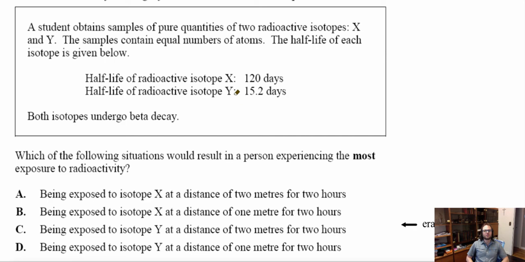So now let's look at C. It's looking at isotope Y. Its half-life is lower, which means we're going to be experiencing more radioactivity. But we are 2 meters away. So I'm going to say C is no as well because we are too far away. So far these are all no. Now my last one is going to be isotope Y, which we know is going to be giving more radioactive decay, and it's only going to be 1 meter away for 2 hours. So we're going to be just as close, so my answer is going to have